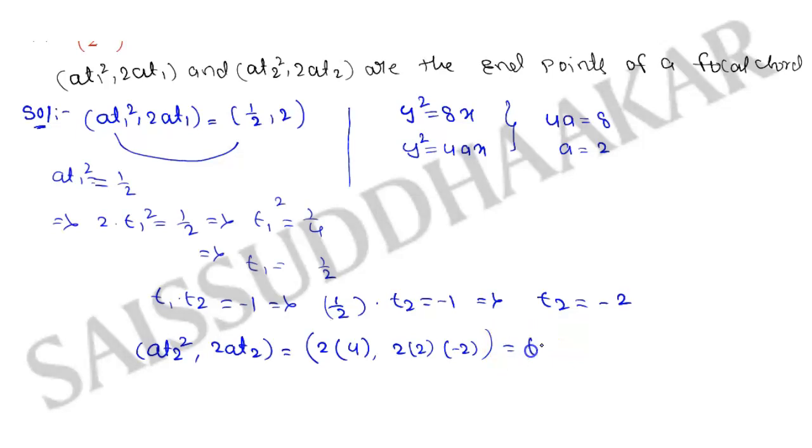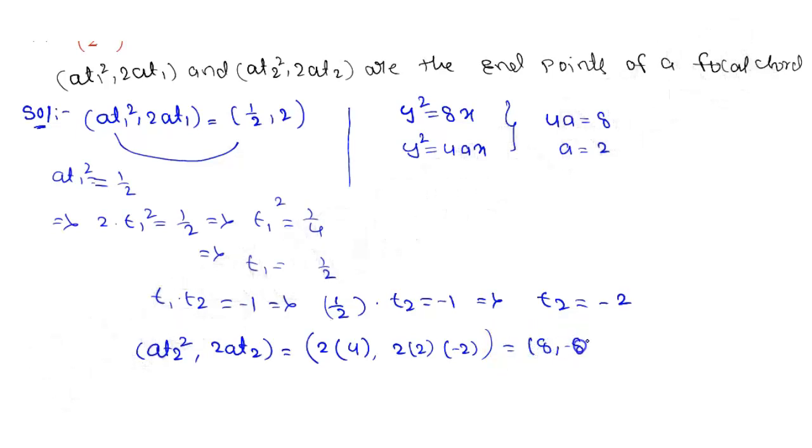So this is equal to the point I got here, 8 comma minus 8. 2 to the 4, 4 into minus 2, that is minus 8. So the other extremity of the focal chord is 8 comma minus 8. Okay. Now